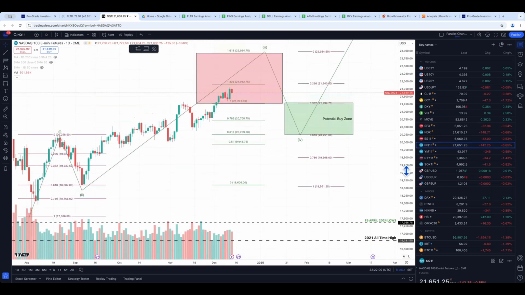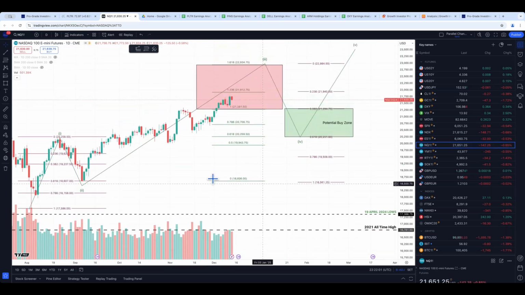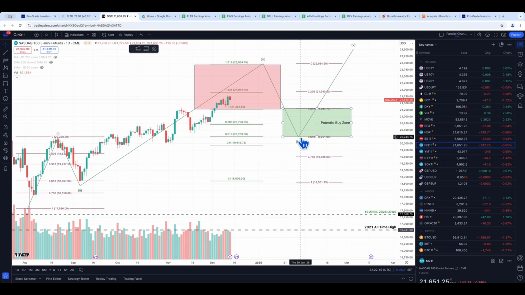So here's the August the 5th lows, 1 up, 2 down, 61.8 retrace, a bit deeper for the Nasdaq as usual. Nasdaq I would expect to hit 22,900, maybe 23,000 on the futures before again another drop down to probably not lower than 20,000 on the E-minis and maybe above. Potential buy zone down there before another push higher. Same time frame as the S&P.